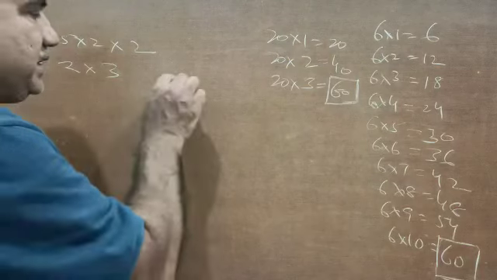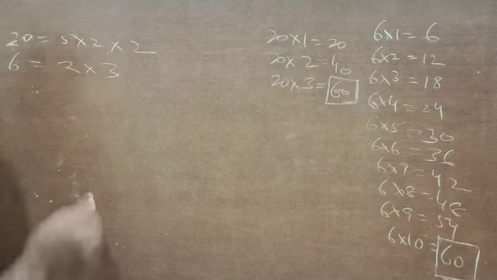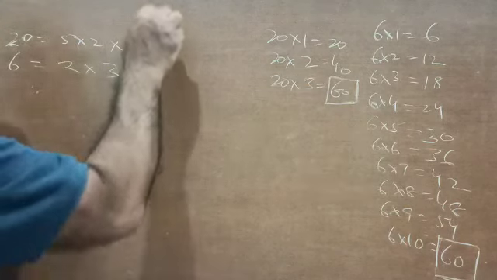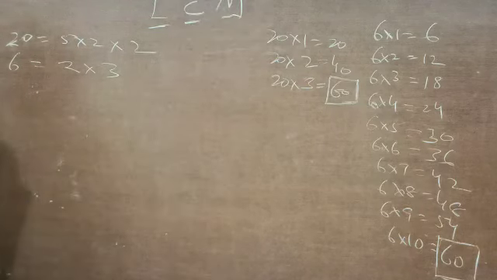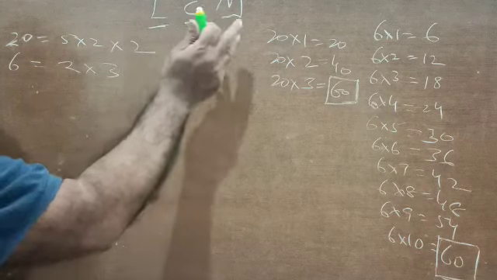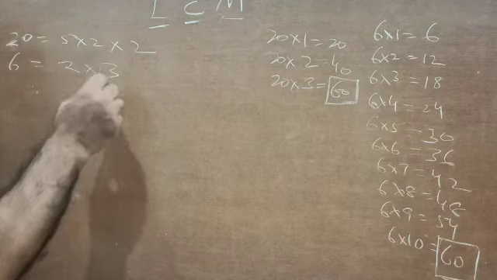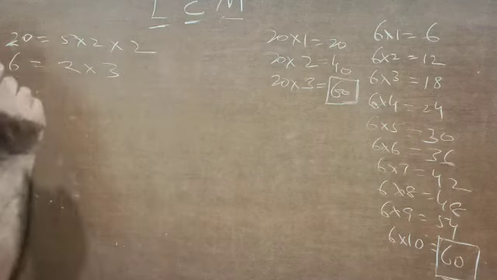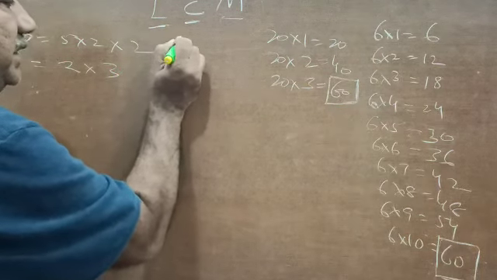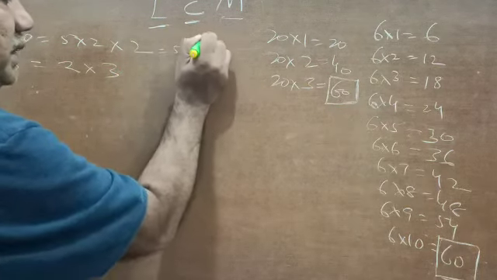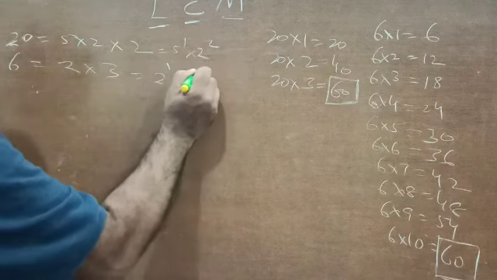In this class we will study how to find out LCM by prime factorization. LCM is the least common multiple. We will talk in detail about what the multiple is later. If you are asked to find the LCM of two numbers, 20 and 6, by the prime factorization method, 20 can be written as 5 raised to power 1 and 2 raised to power 2, and 6 can be written as 2 raised to power 1 and 3 raised to power 1.